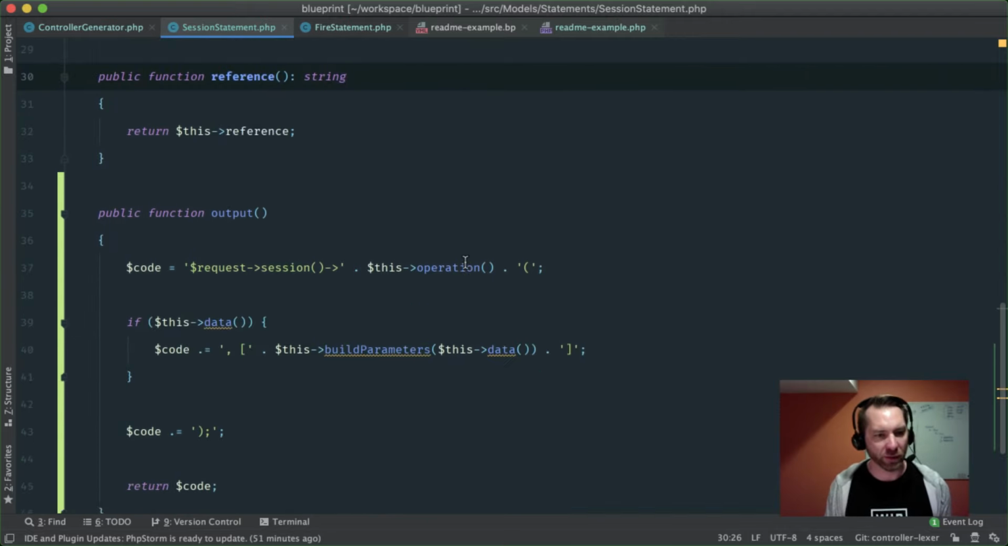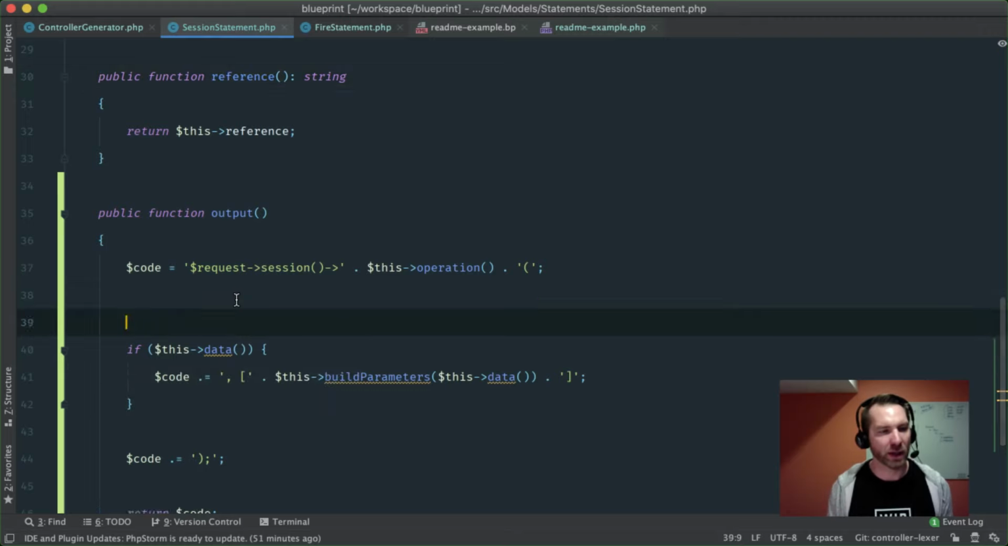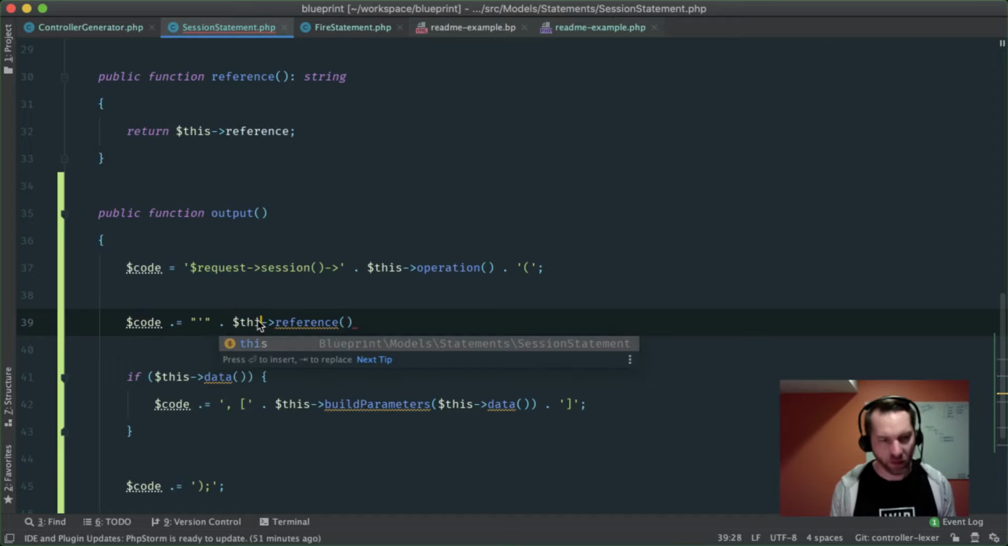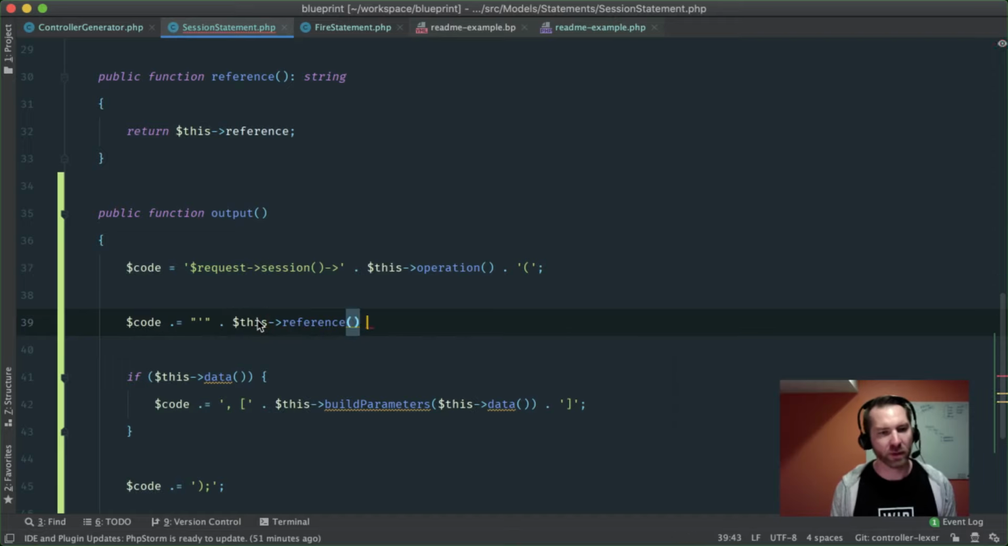Basically, I need to take reference, and that's going to be my first parameter. So I'm going to say code dot equals the reference is going to be basically this code reference. I keep doing that. This dot reference, and then quote this again,